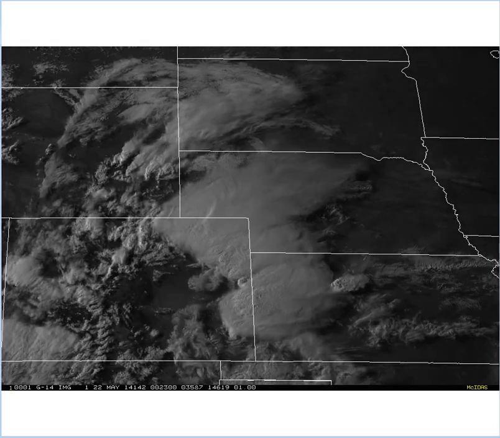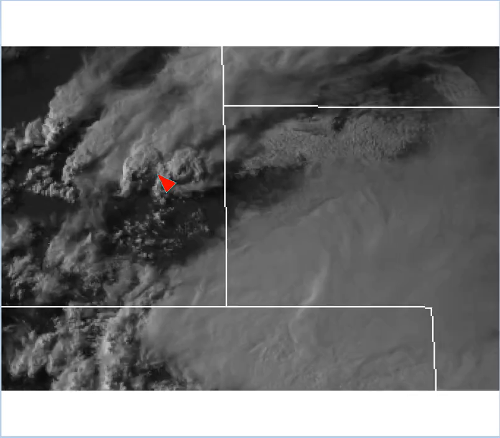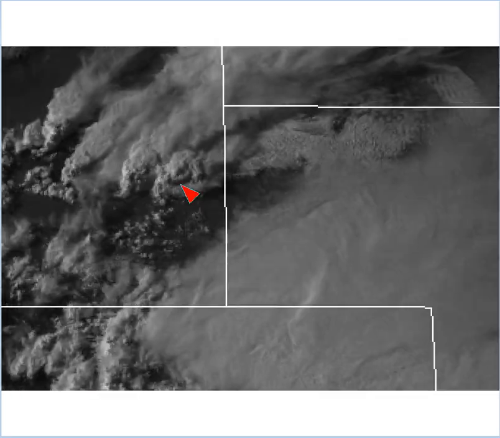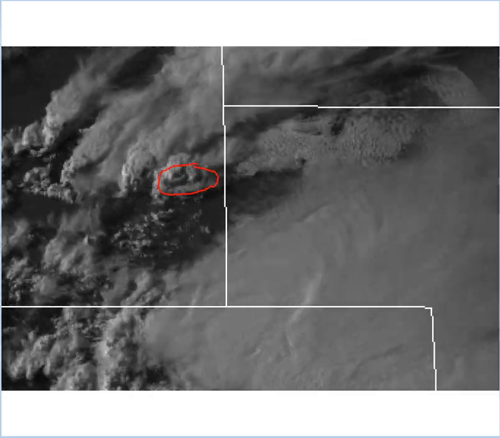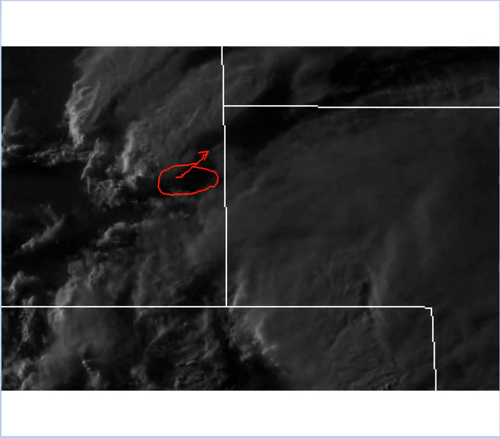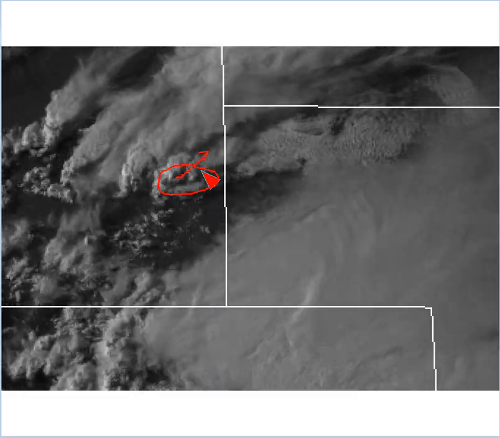Here's the visible loop. Let's go ahead and zoom in. And first notice the complex of storms furthest to the east. Remember, they were a series of small storms, and you can see those moved off to the northeast. So what happened is they met a quick demise. They moved into that more stable air mass, the region where we had been analyzing the stable wave clouds, so they quickly weakened. However, this storm over here that was moving off the mountains was initially moving towards the northeast,